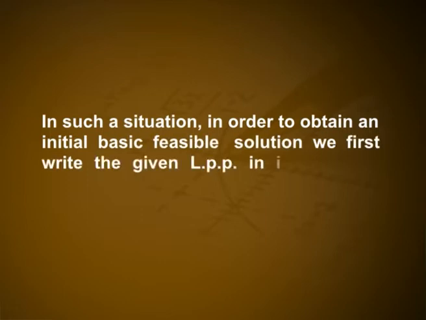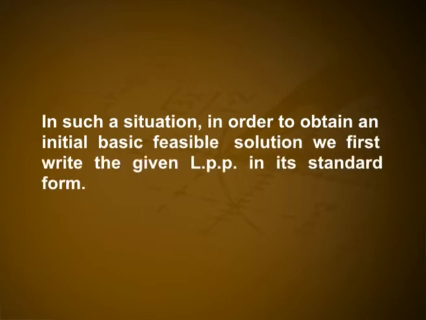While solving LPP, when the constraints are of less than or equal to type and all the constants on the right hand sides of the inequalities are non-negative, it is easy to reach an initial basic feasible solution. But for a LPP with constraints in the form of equations, or if there is greater than constraint with non-negative right hand side or less than constraint with negative right hand side, then a basic feasible solution cannot be obtained right away.